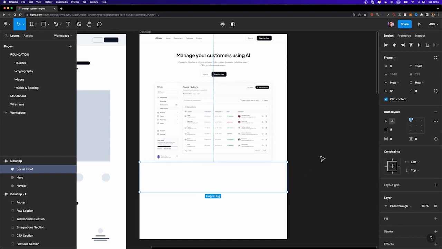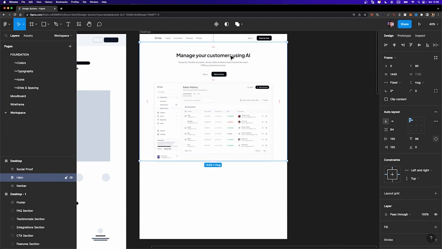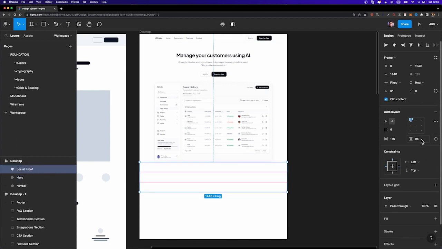As usual, you know what to do. Let's set its horizontal resizing option to fixed width. And also we need to set its horizontal padding to 150. And the vertical padding should be set to 96. Why? If you remember, for our hero section, we set its top padding to 96 and we set the bottom padding to 0. And I told you that the reason I set the bottom padding of our hero section to 0 is because our social proof section will have some top padding. And since everything should be consistent, we need to use the exact same number for the vertical padding of all